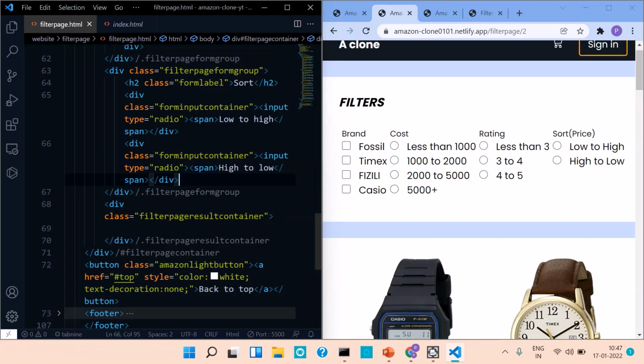Inside this filter page result container, let us add some 4 to 5 results. Let us say we have some 6 results,